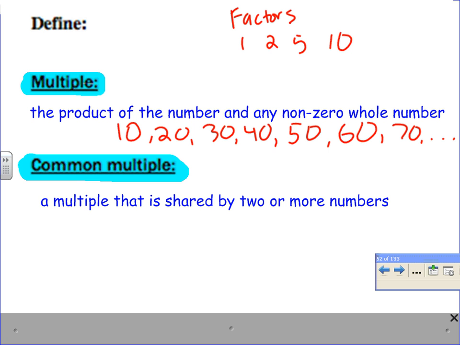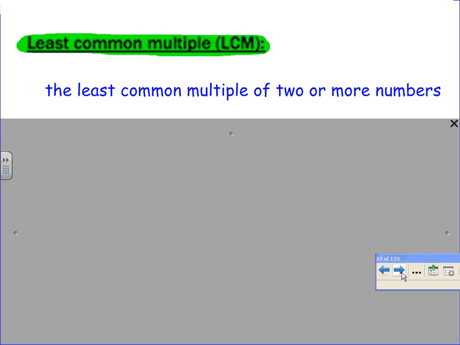Do you guys remember learning this last year? Okay, least common multiple. The least common multiple of 2 or more numbers, right? We wouldn't have guessed that would be the definition, right? The least common multiple of 2 or more numbers. Yeah, the book, sometimes I'm not big on their definitions, but